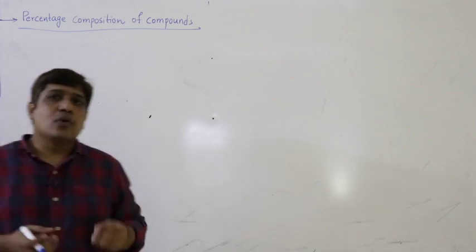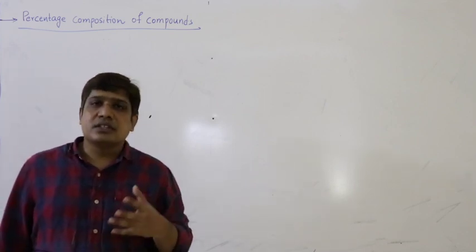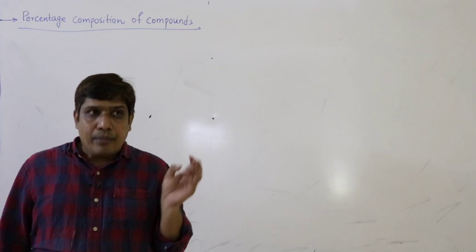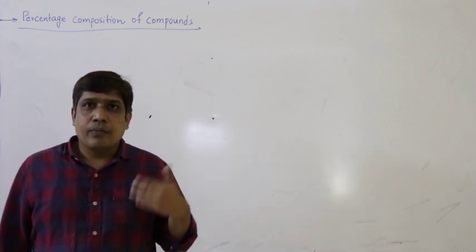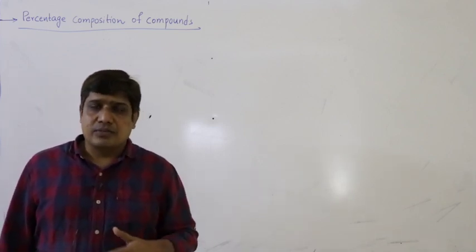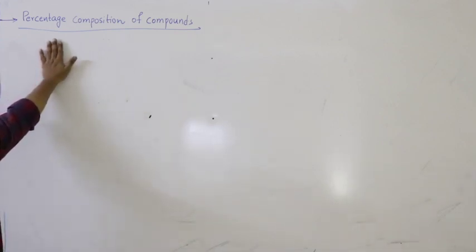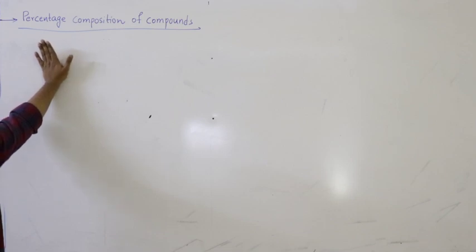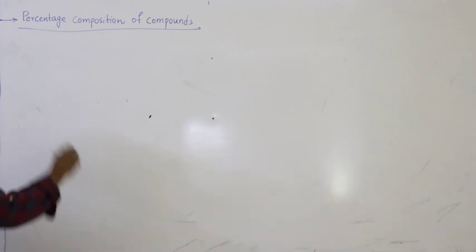the relative amount of all constituent elements in the compound. Simply mass fraction: mass of that particular element to that of the total mass of the compound. We are expressing it in percentage, therefore per every 100 grams or into 100. In simple words, it represents the mass of the element to that of the total mass of the molecule. It gives relative amounts of all elements present in each molecule of a compound.